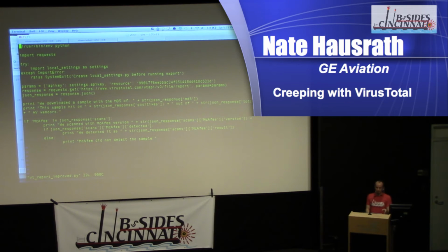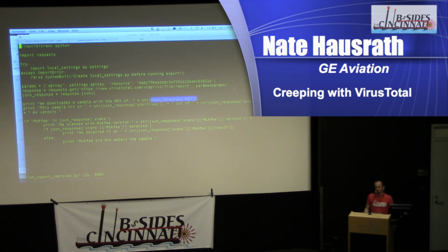What we do is we take the JSON response, and that immediately becomes a Python dictionary. I don't know if you're familiar with dictionaries or not, but it's a really nice way to read through a JSON structured type object, right? So in this example, we get our response. We want to get the MD5, and we're going to print out that MD5. This is all you need to do. We'll ignore the string. That's just kind of a whole thing. But JSON response, the key is MD5. So we just tell the response, hey, we want the MD5 key, and then it returns it, right? So that's kind of how a